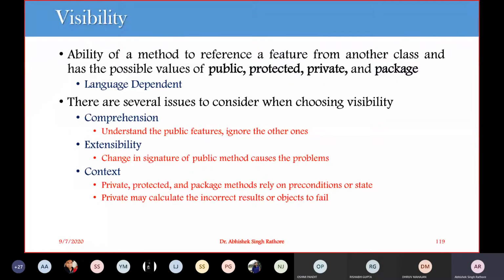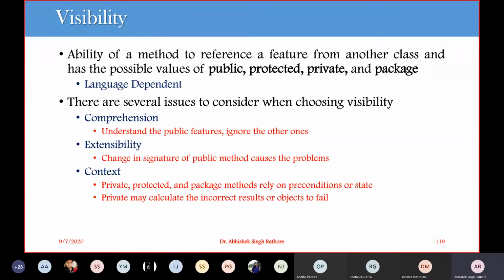So this extensibility is related to your comprehension. So often many features, and when I say features, these features are either attributes or operations. In case of methods, so methods are usually or often considered as public, while attributes are considered to be private to your classes or limited to package visibility.